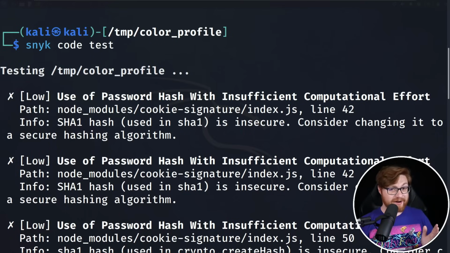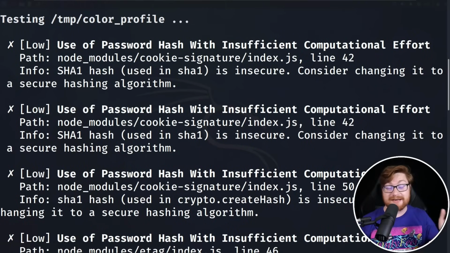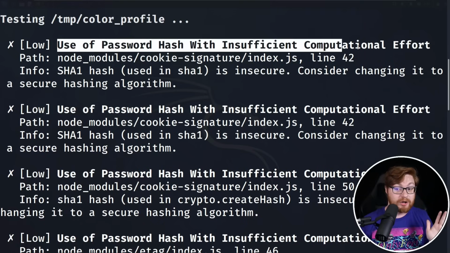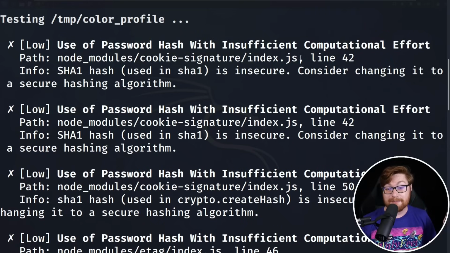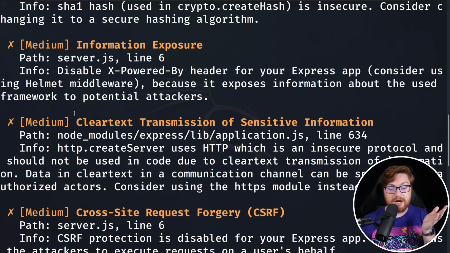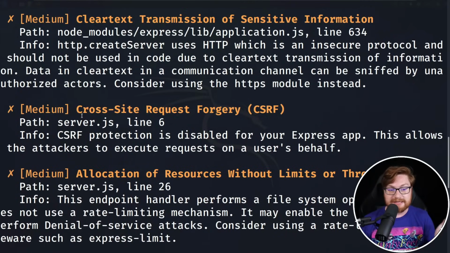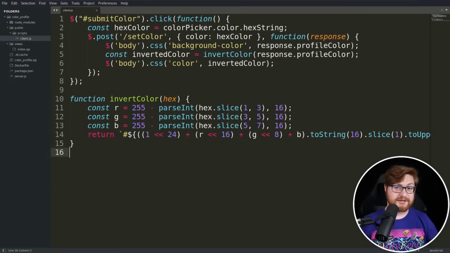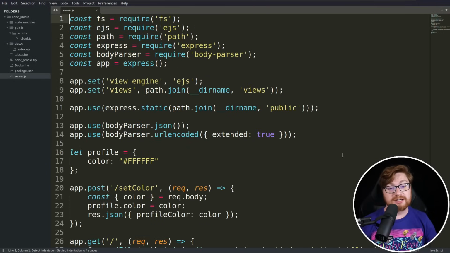But I'll be honest, Snyk is so good at tracking down all the different dependencies and their issues and corners and crevices of other packages that it relies on, where it might be able to find some low vulnerabilities based off of something embedded way into some of the modules. But honestly, it didn't seem to track down what I thought would have been the vulnerability that is most clearly observed here. Because if we get back to the source code and we finally dig into the server.js file,